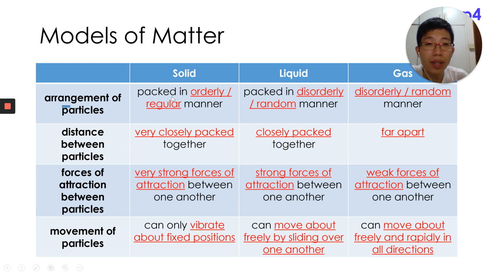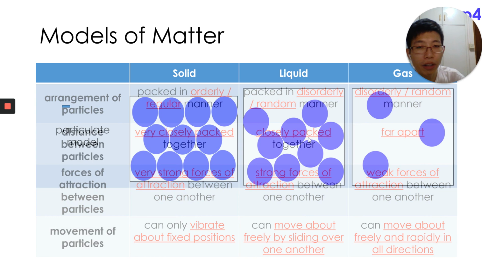The particles in the solid state are arranged in an orderly, or regular, manner. While for liquid, they are packed in a disorderly, or random, manner. And for gas, it's disorderly and random. So referring to the distance,